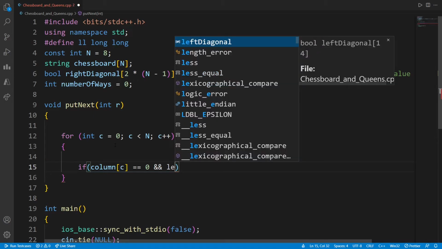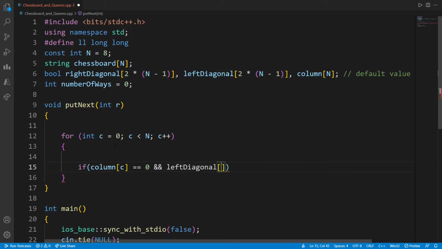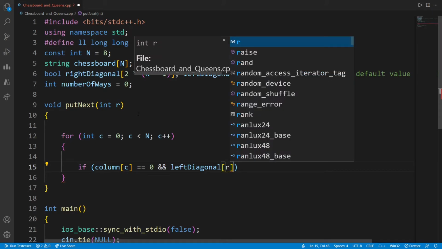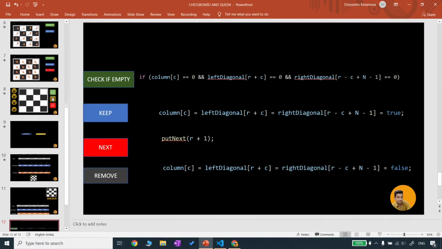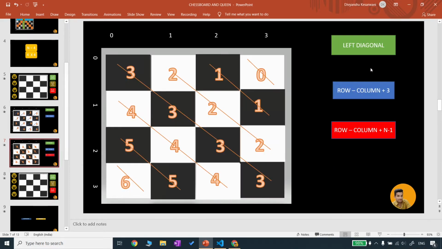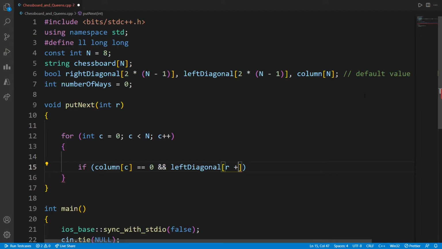So left diagonal can be by adding this row and column, right? How we were doing, left diagonal is row minus column plus 3. So row minus column plus 3, and for general we can say 3 can be added by n minus 1. So we'll write n minus 1